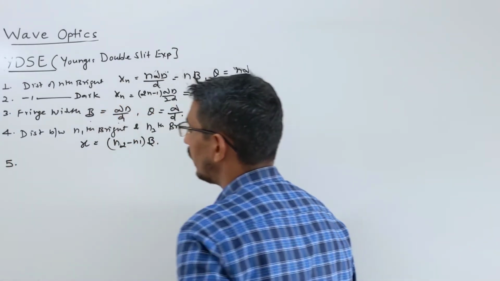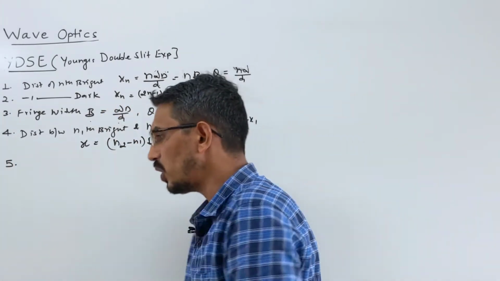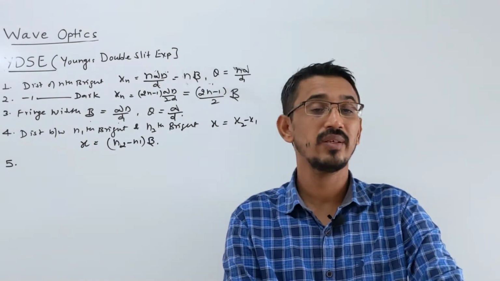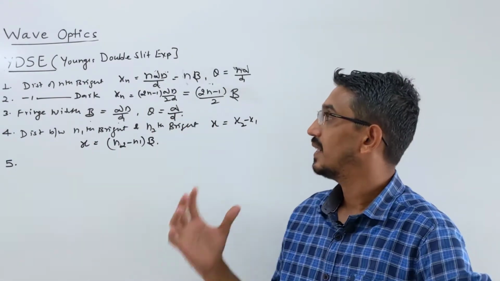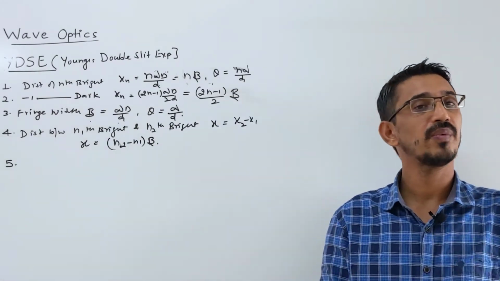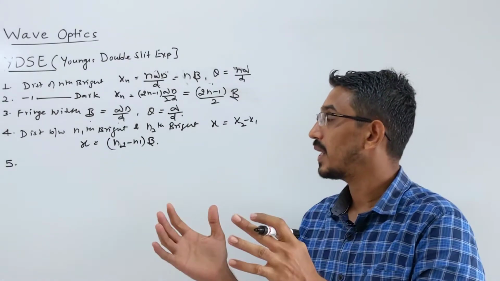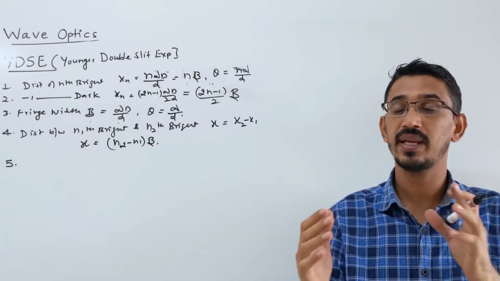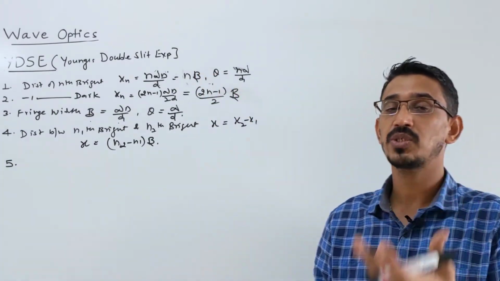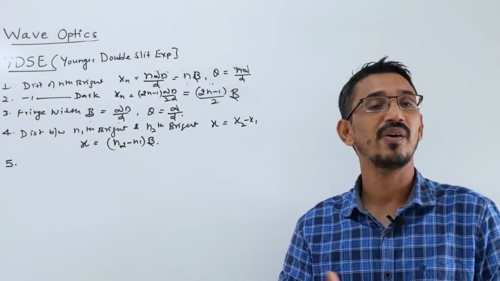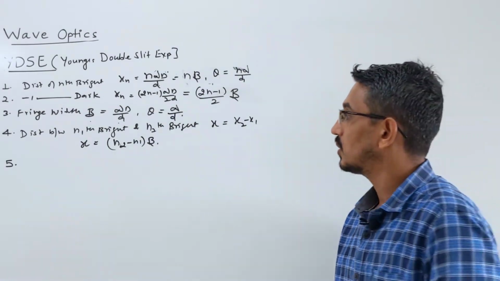Okay. What happens now? Small questions they ask you, theory also they ask you, numerical also they ask you. One important question they ask: suppose this YDSE test we're doing right now, we're doing it in air. Now the same test we do inside a medium. Say we take the setup inside water and do the same test. Then they will ask you how this fringe width and distances will be affected. Correct? Okay. So I'm writing in words.